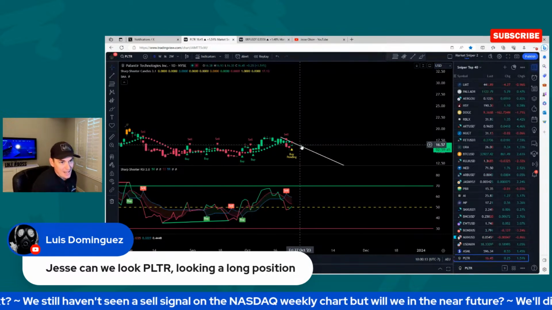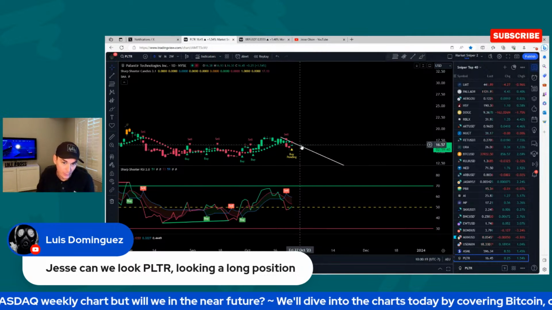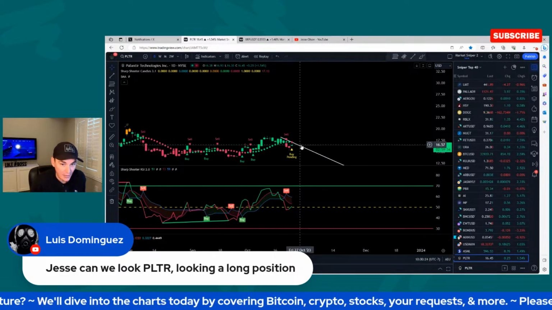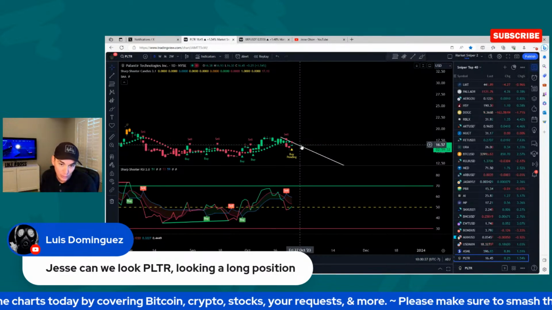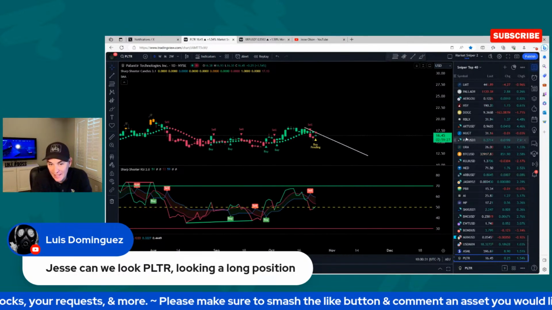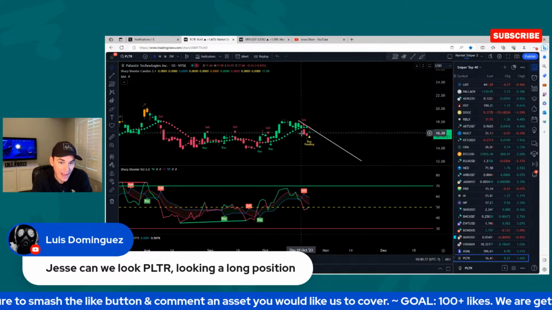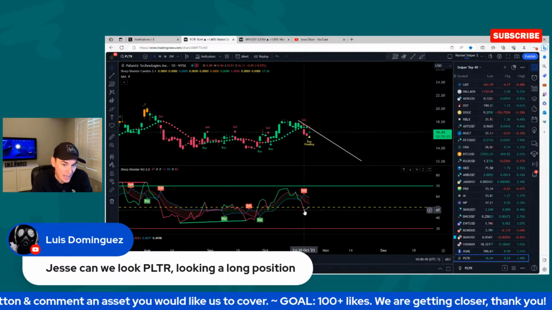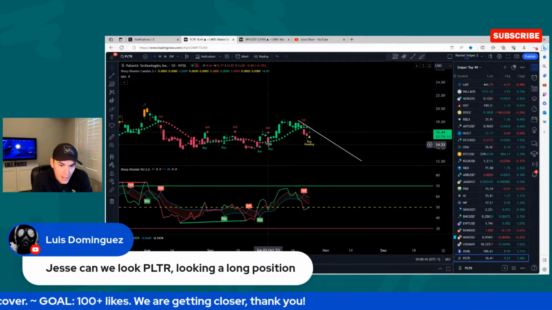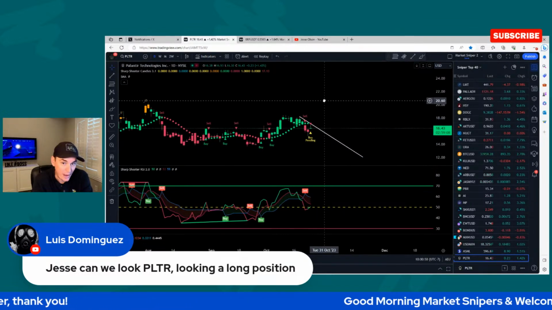At some point, they're going to start seeing closes back above the trend line. So it's not as interesting for me, but the weekly chart is still currently bullish. The monthly chart is still currently bullish. So when will the next breakout happen? Will it regain the trending dots and the buy signal flip? It may take a couple of days or a week or so for it to get flipped back around here. In hindsight, this could be a higher low, right? So you had this bullish divergence back here. Then you had a higher low. This could be another higher low and then possible breakout from there, right?